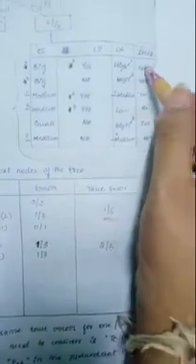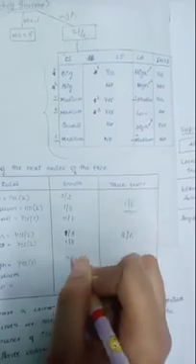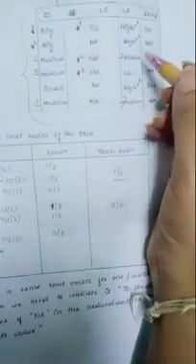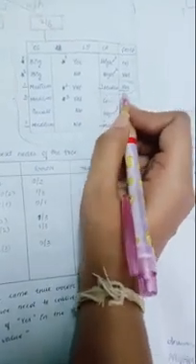Low awareness: there are 1, 2, 3 high values, out of which 1 yes, 2 yes, 3 yes. Absolutely there are 3 yes values, so no doubt in that. So 0 by 3. And medium has 2, out of which 1 is yes and 1 is no. In this case we need to consider which comes first. So medium is coming with yes first, so we need to write yes as 1 by 2. And low is only one value, that is no, so 0 by 3. Yeah, 1 by 6.